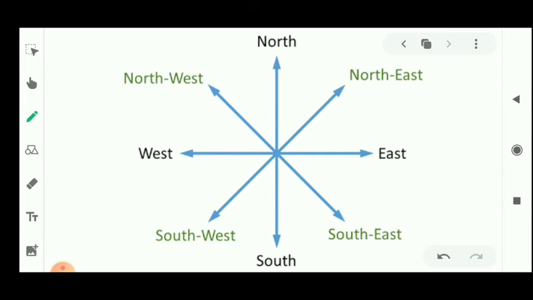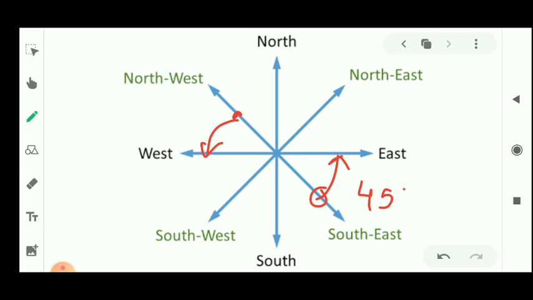Now let's see the solution. Read the first line of the question. If southeast is called east, students, you can see southeast is here. If southeast is called east, that means from southeast to east we have to move 45-degree, and in which direction? Anti-clockwise direction. Now let's see the next part. Northwest is called west. Again we have to move 45-degree, and in which direction? Anti-clockwise direction. Again northwest to west, that means 45-degree we have to move in anti-clockwise direction.